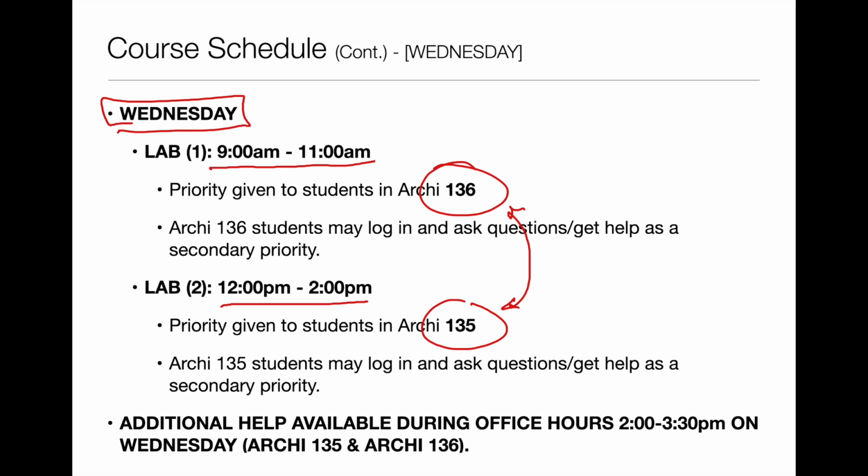The other thing that's important to point out is I'm not under the expectation that you're there for both labs. You don't need to be there for 4 hours in a given day. So it's about making the time convenient for you to get the help that you need. Again, additional help is available on Wednesdays in the afternoon from 2 to 3:30, by appointment in 15-minute windows. We'll set that up via Zoom for you as well.